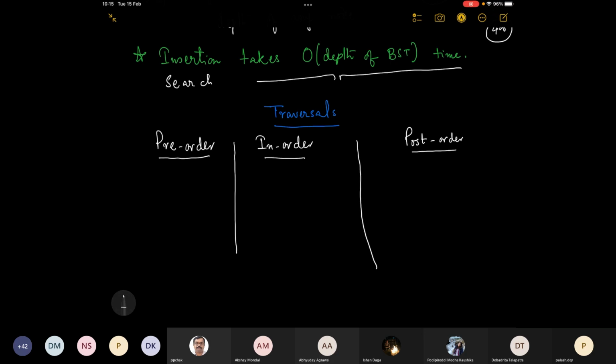So there are various ways of how you can list down all the nodes, and all have very important applications. All are very important. So let me discuss that. First is pre-order. Pre-order is: you are at a node, say X. So you visit